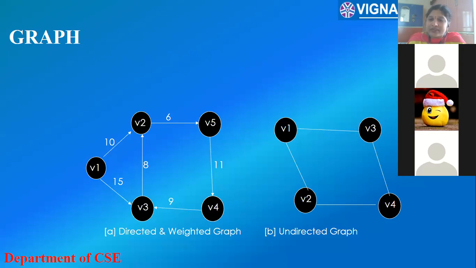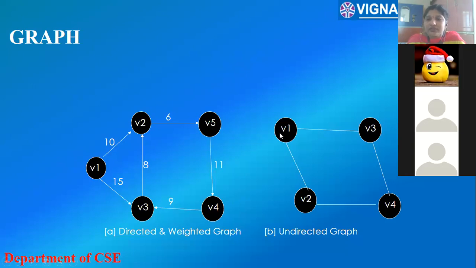There is no specific direction. Likewise, consider if all the edges are like V1 to V2. What does it mean? It may be from V1 to V2 or it may be from V2 to V1. Okay, now